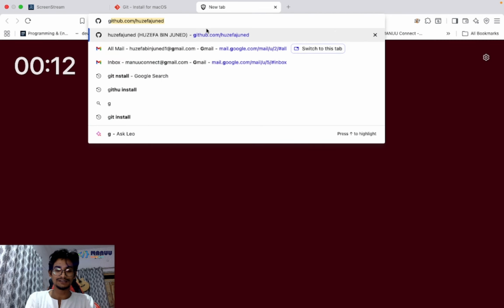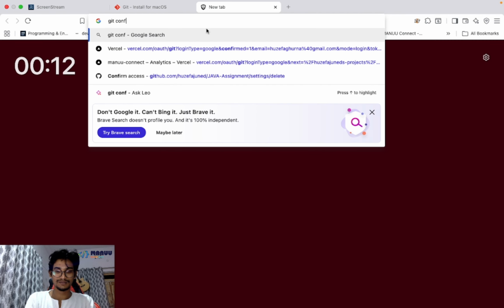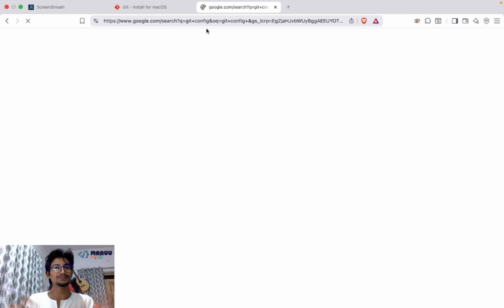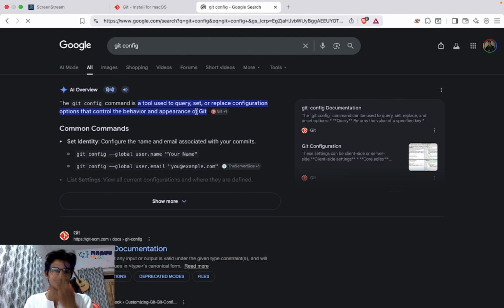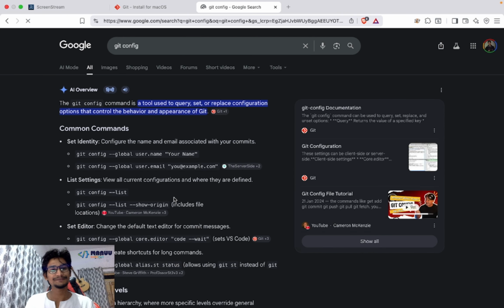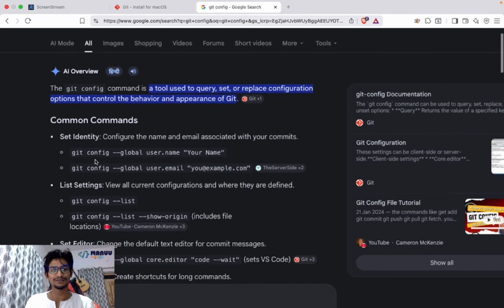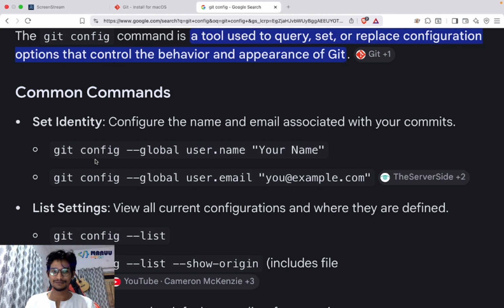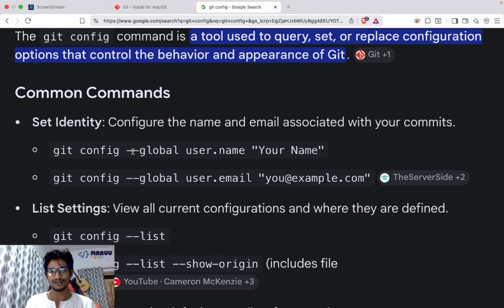So for that, git config, just Google git config. These are two basic commands you have to set: name and email. Let me zoom in here first. You have to set two things. git config --global user.name, and the username should be your name, as a string in the command.